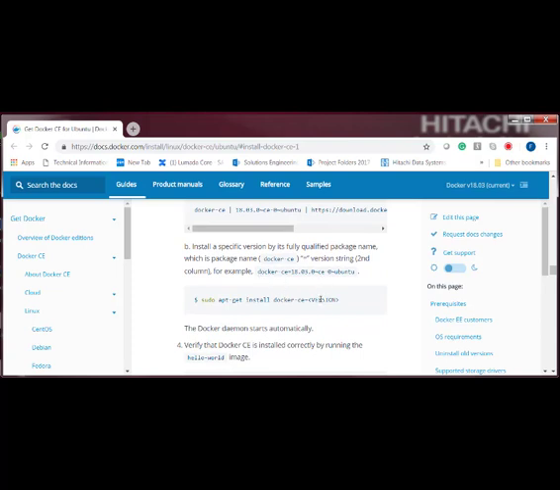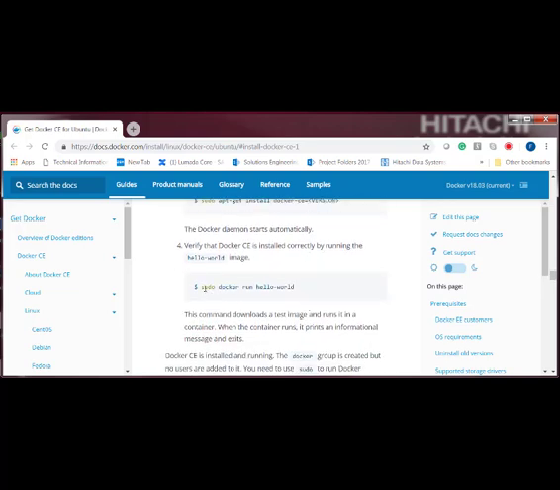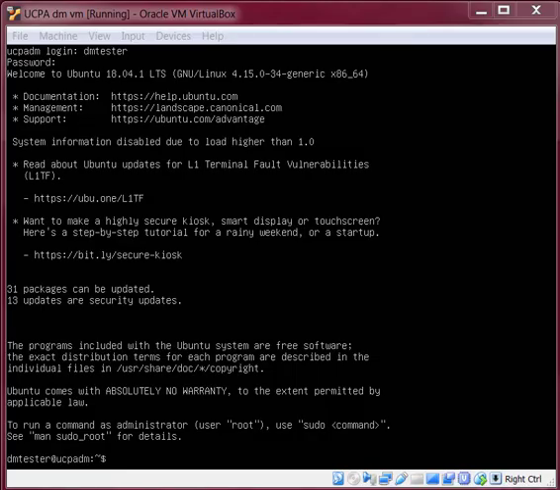And again, this is where we need to select the version to install. And at the very end, we can even install the Hello World, run the Hello World container to verify that installation is complete. Okay, now let's log on to the